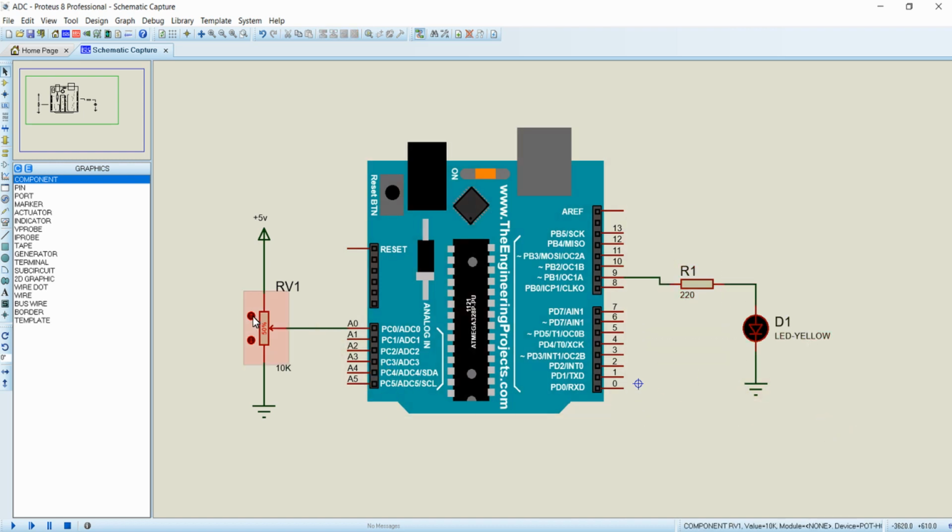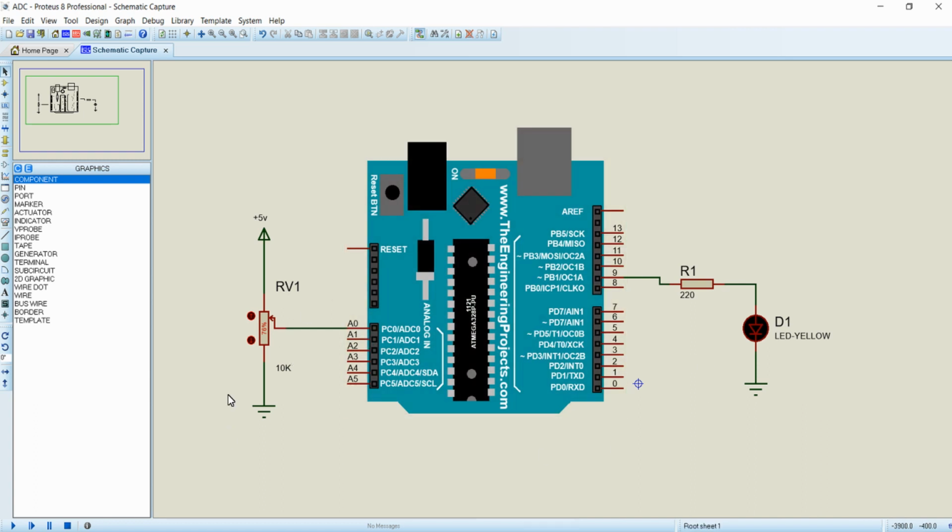When I turn the knob of the potentiometer towards the positive side of the supply, we will get the maximum 10-bit value, that is 1024. As we know, we have a 10-bit ADC in our Arduino, so we will get a maximum value of 1024 at this analog pin 0. And when I move the knob towards the ground side, I will receive the value 0. So depending on the knob position, the step value of the ADC will be varying in the analog pin 0 or in our ADC module.